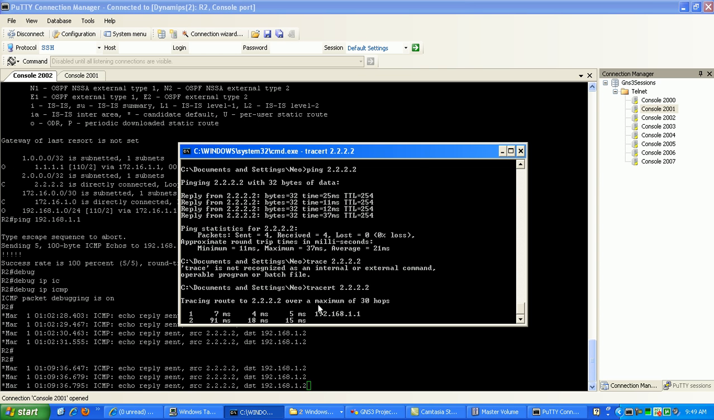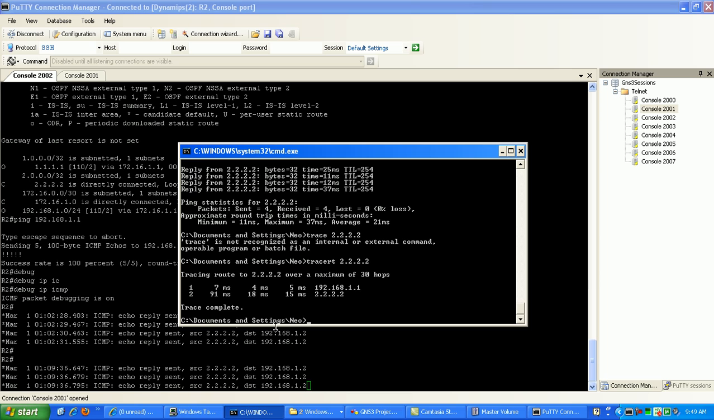And you can see that we just received some ICMP traffic on router 2, so we're sending echo replies back to the destination, which is 192.168.1.2 from router 2's perspective. The destination is, and as you can see, the trace is complete. So what you can see here is